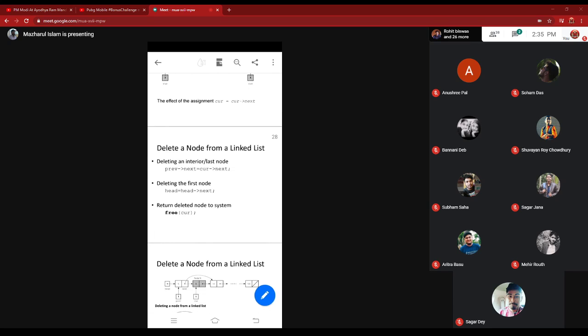Now if you want to delete a particular node from the linked list, what will be the approach? Obviously the linked list must exist first. You have to check this in your program code. You should include a few lines of code which check whether the linked list exists or not.